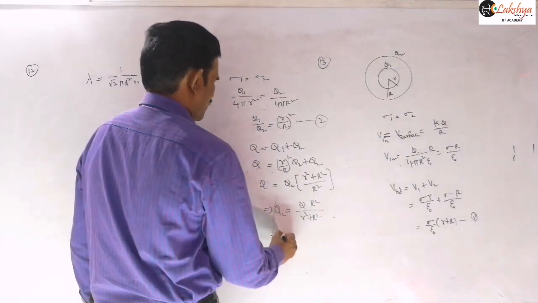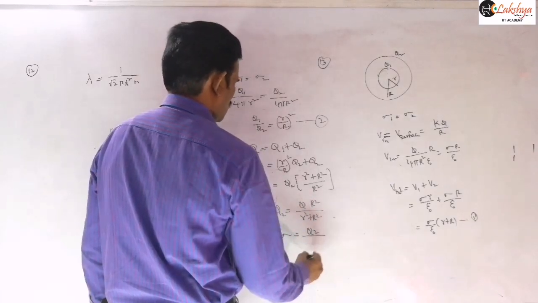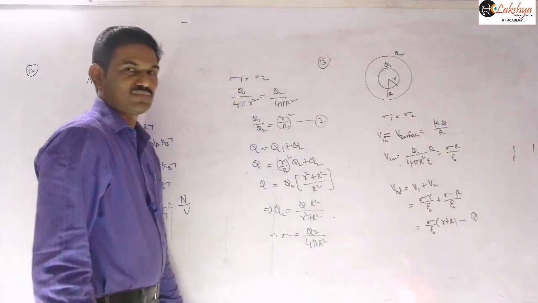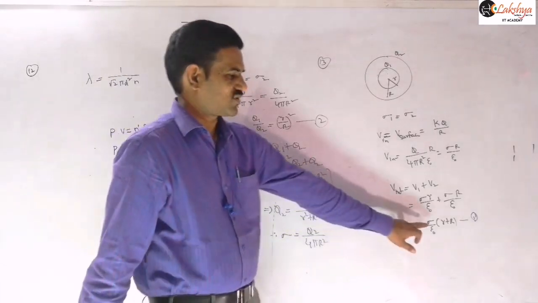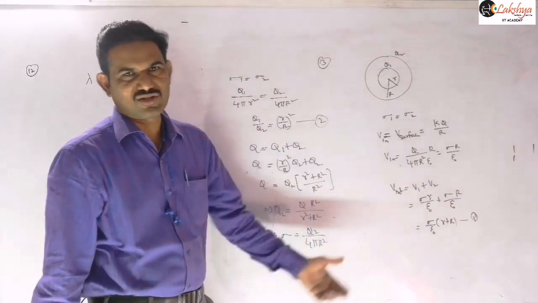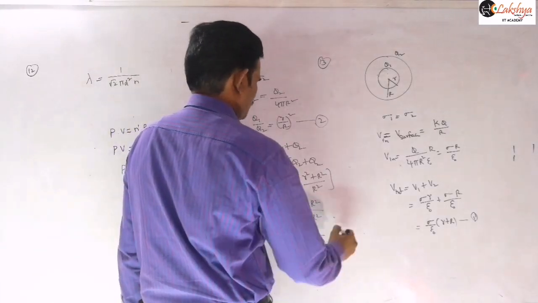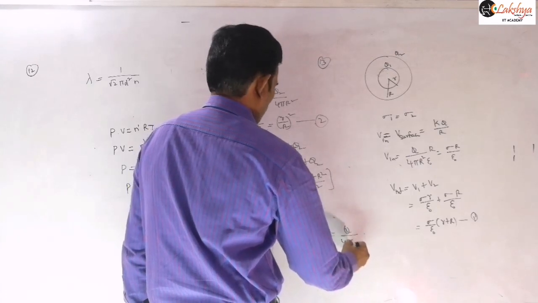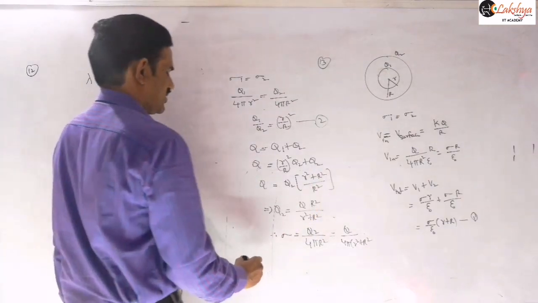Now therefore the sigma value you can write here. Sigma is equal to q2 by 4 pi capital R square. Is it clear? Sigma value now I am finding, so that sigma value you can substitute here. Then you will get the expression in terms of this capital Q. And so now this is nothing but q by 4 pi into r square plus R square. And so then you may substitute that expression there.